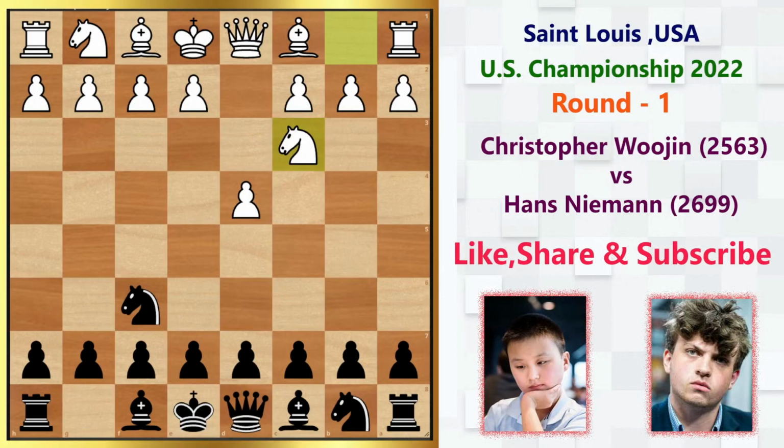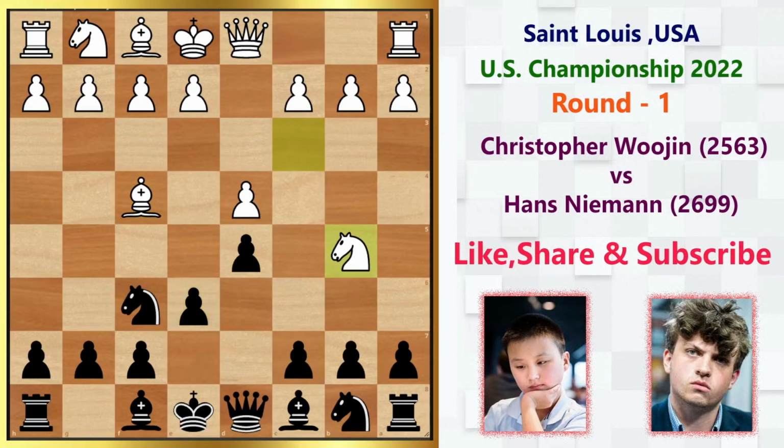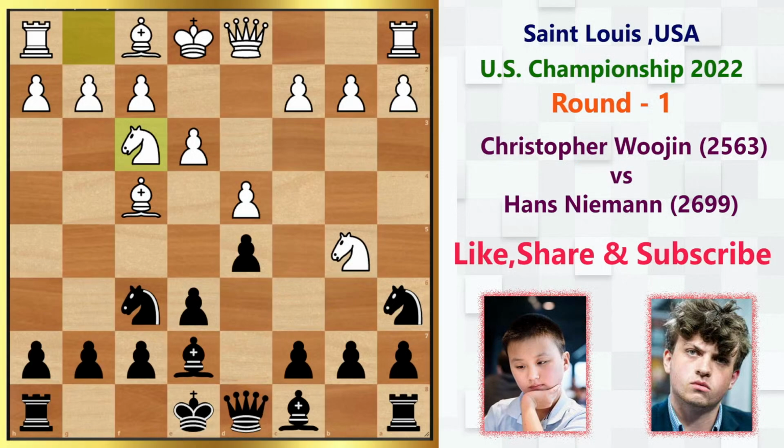Hans Niemann's favorite opening, he even made a Chessable course out of it. But here he plays the same opening against him. So d5, bishop f4, e6, and then knight b5, going after c7, and then knight a6, e3, bishop e7, knight f3, and here Niemann simply castles on the